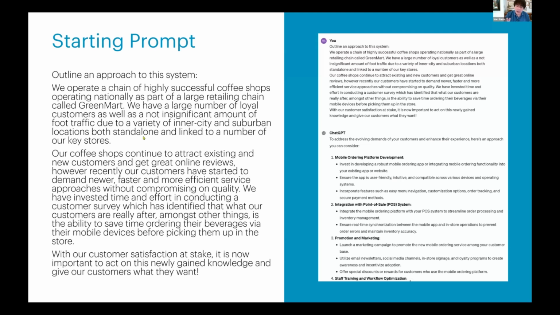So what I did here was I simply gave it the description of the problem, and it came back and gave me a lot of information about this particular problem. Now, one of the things you will notice when you look at what the response comes up with is that some of it's useful, some of it's not.